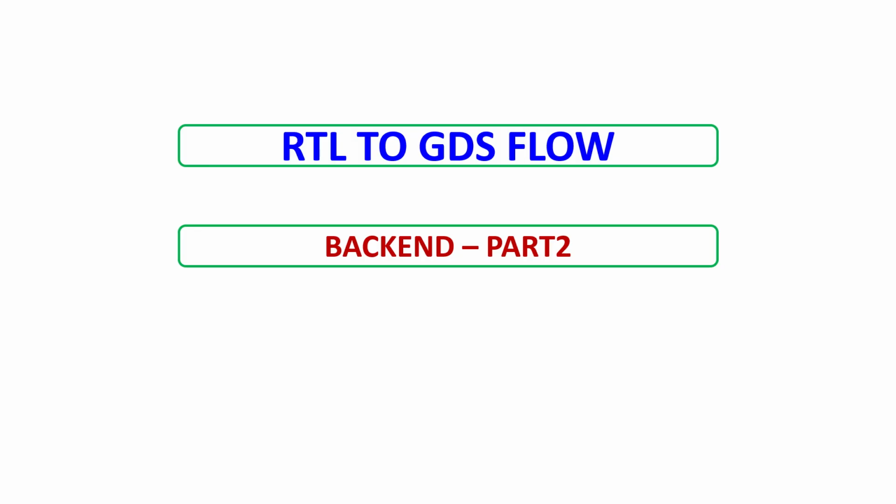In the front end, we design the brain of the chip, but in the backend, we build its body. This is where we convert a synthesized netlist into an actual physical layout, placing standard cells, building the clock tree, routing metals, connecting, fixing timing, eliminating noise, and finally generating the GDS file that goes for fabrication. So in this video, we will clearly understand the complete RTL to GDS backend flow in a step-by-step, very simple